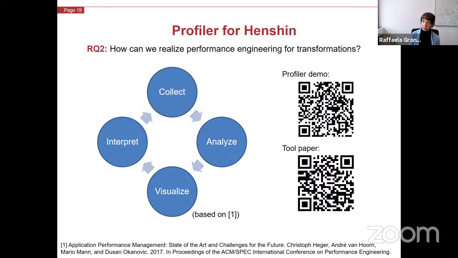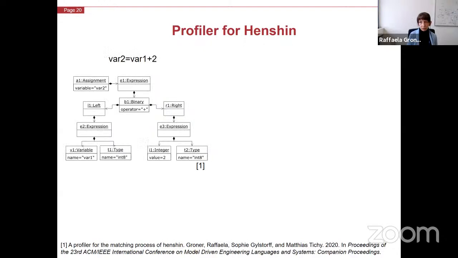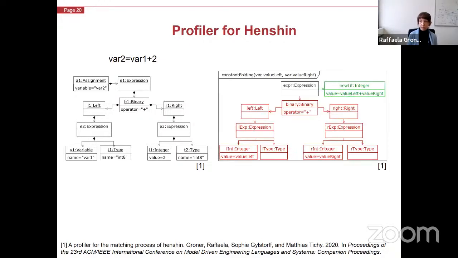But before I present you some visualizations, I will present a running example and explain a little bit more concepts about Henshin. Our running example consists of a meta model, which describes a program in an imperative programming language. Expressions like this one at the top are presented in our model, like here at the bottom. Our transformation rule implements the compiler optimization constant folding, which means our transformation looks for expressions like this one and replaces it with its result.